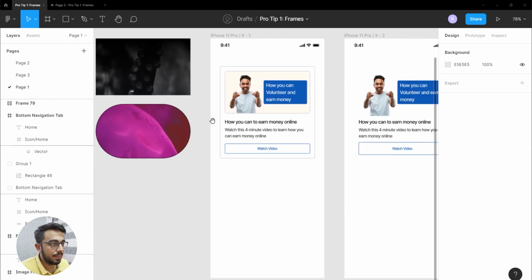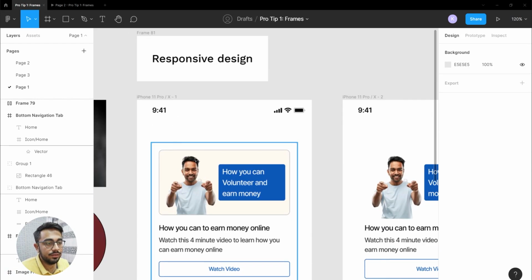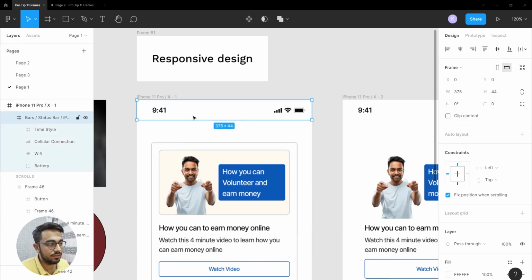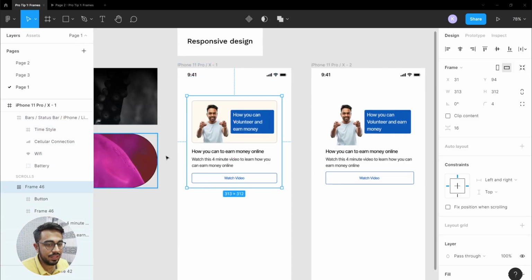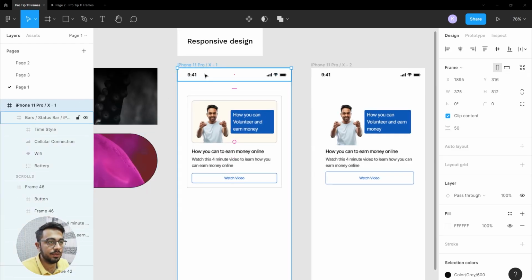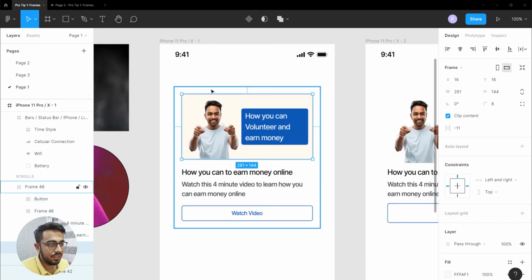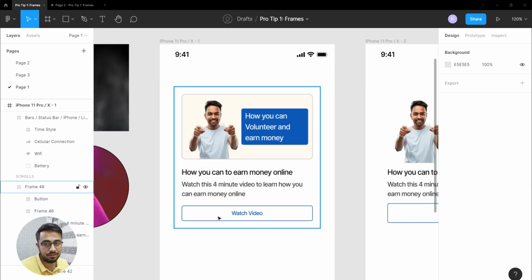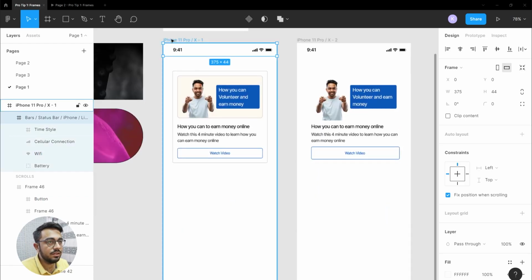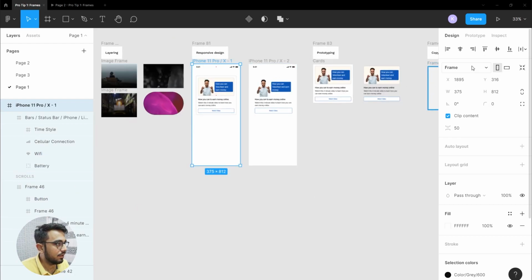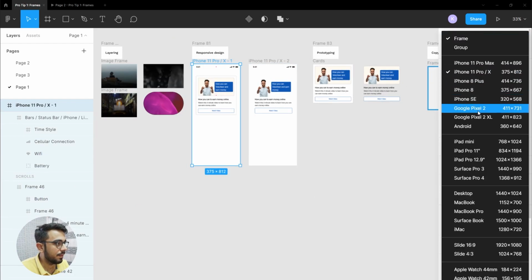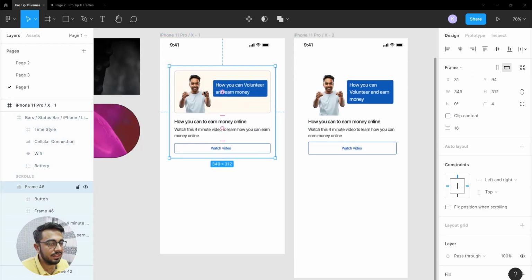Okay. And the next property is that you can easily use it for responsive design. So I have made use of constraints over here. All right. So this is a frame. Okay. And this is the iPhone 11 Pro screen. If I want to make it for some other phone, what I'll have to do is, so I have set some constraints over here. Inside all of these, I can nest frames as well. Frames are very light and you can nest them as deep as you want. So if I want to change it to say a Pixel design, all I have to do is change this frame to Google Pixel, and you can see that it is maintaining the spacing from left and right.